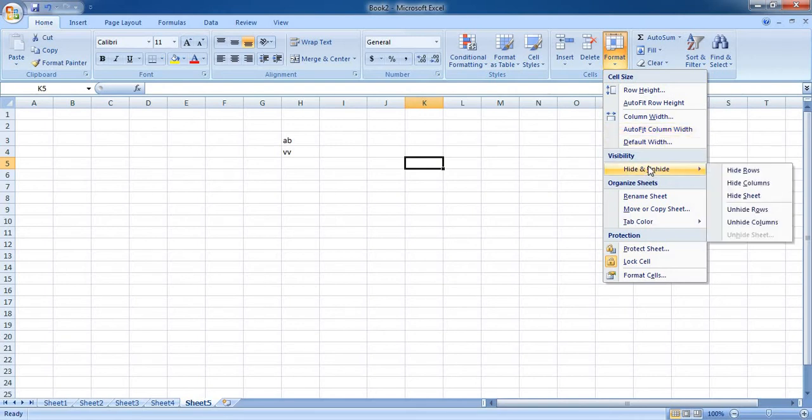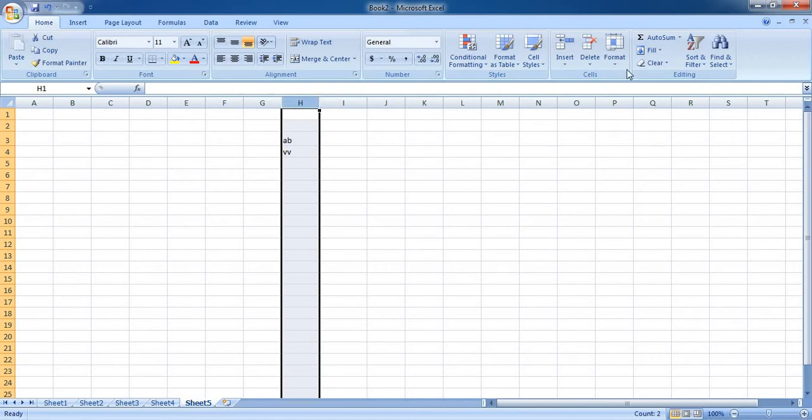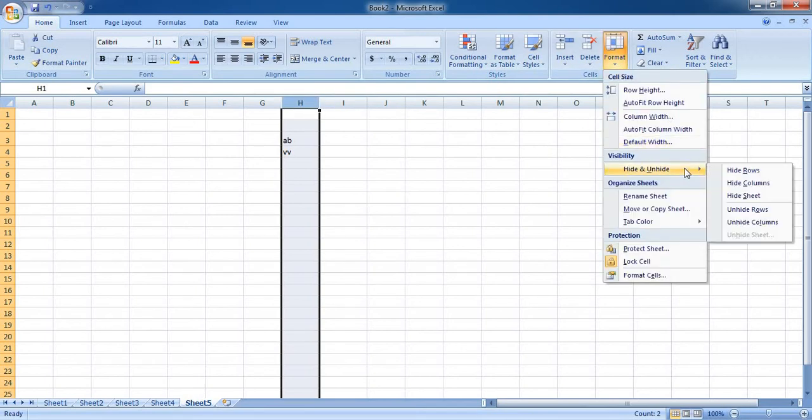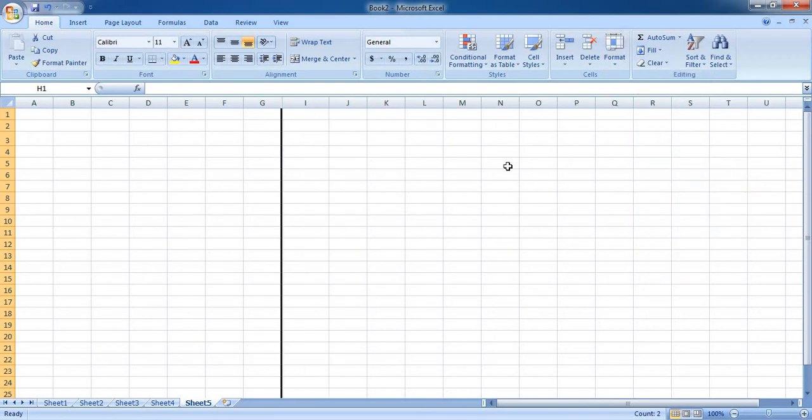Now you can hide and unhide rows, columns, or worksheets. Let me select H. Go to the format option, click on hide. Now as I have selected the column, I will click on hide columns. As soon as you click on hide columns, as you can see here, after G, I directly have I, which means H now is hidden. H, let me tell you, is not deleted, but only hidden, which can be brought back. H is not visible to the users.